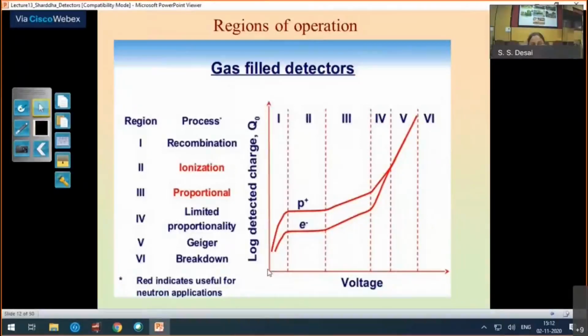So when we vary the electric field by increasing the voltage, the collection probability of all these ions or charge changes. In the initial stage, when your electric field is not very high, there can be some recombination, but that recombination is slowly suppressed by increased electric field. And here a stage arrives